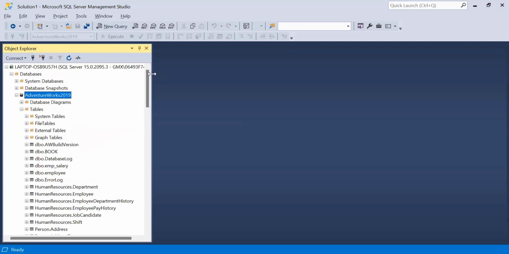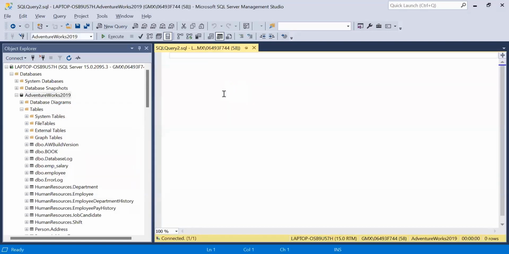In the previous session, we have seen some theoretical concepts about creating tables and how we can insert some data in the tables. So that is something we are going to see practically in this session, where we are going to see how we can insert a single row in a table and how we can insert multiple rows in a table. So we do have this Adventure Works database,